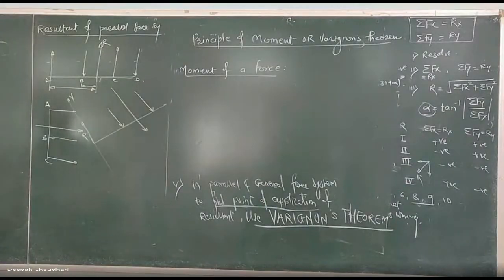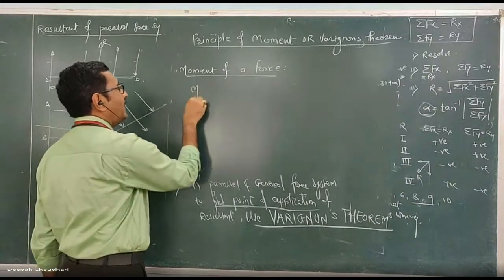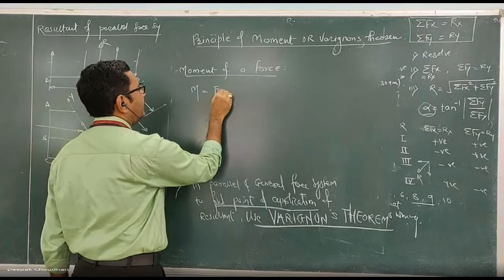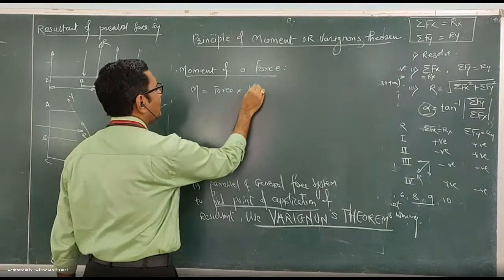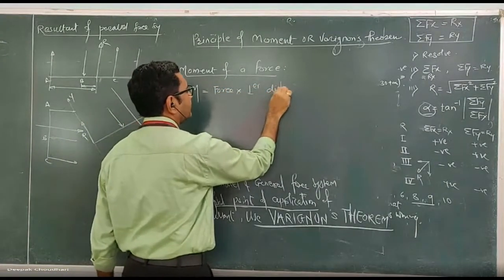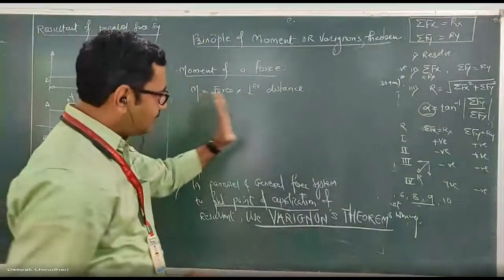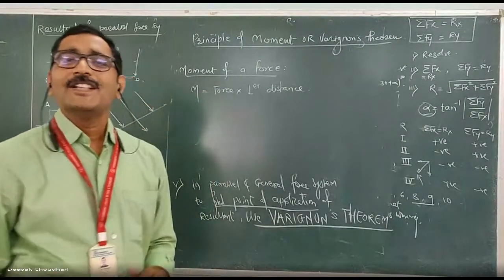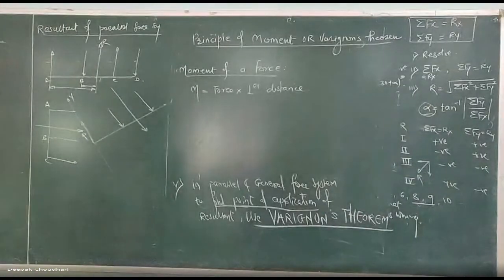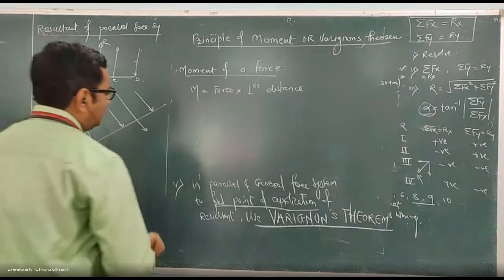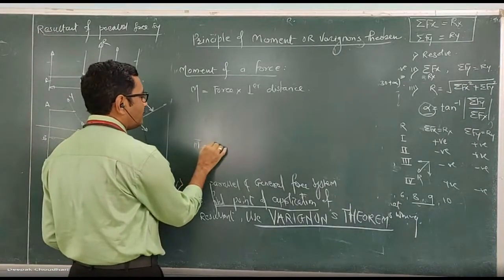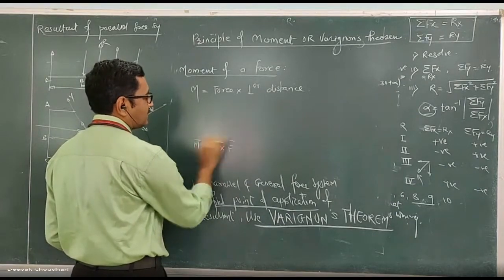And how to calculate the moment of a force? Yes, so moment of a force is equal to the force into perpendicular distance. It is the force into perpendicular distance. Clear? For time being, इतना ही याद रखो because we are not using the vector approach. अगर vector approach use करते हैं तो उसका definition or the formula is different. Here in vector form, this is the cross product of the position vector and the force vector.